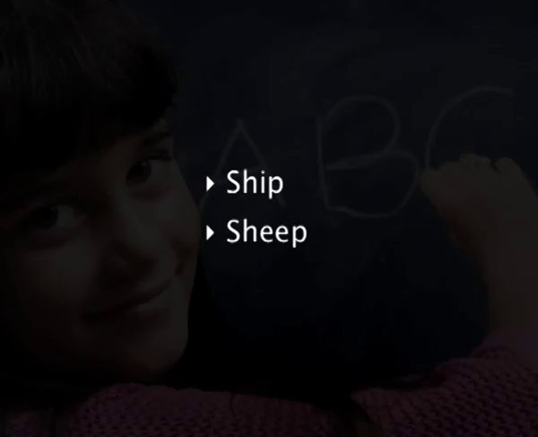So, if intelligibility is the goal of the teachers, then it suggests that some pronunciation features are more important than others. Some sounds, for example, have to be right if the speaker is to get their message across. For example, let's consider two words here, the words ship and sheep. If a student utters these in the same way without making any difference between the short and long E vowel, as in ship we have the short vowel and in sheep we have the long vowel, then there is a chance to